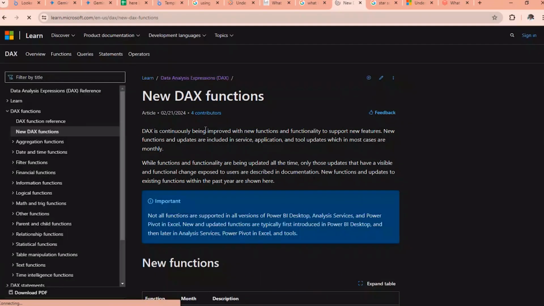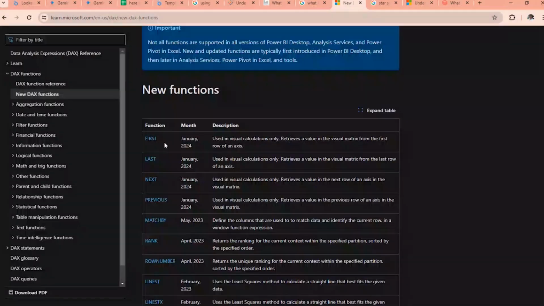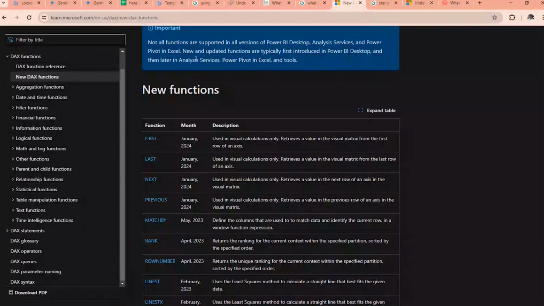So we have a DAX function saying first. You know, we have a DAX function saying last. You know, we have a DAX function saying next. So there are different types of functions. So there is DAX statement, DAX glossary. So let us go back to